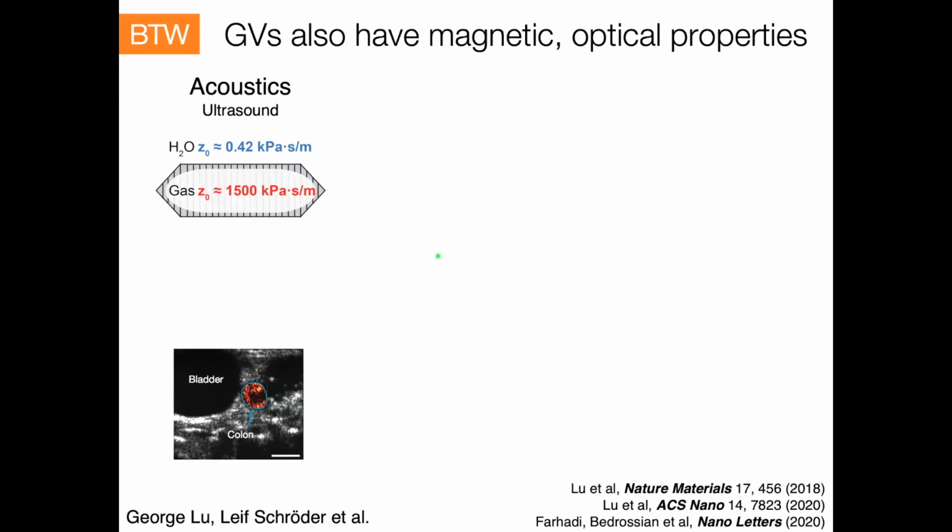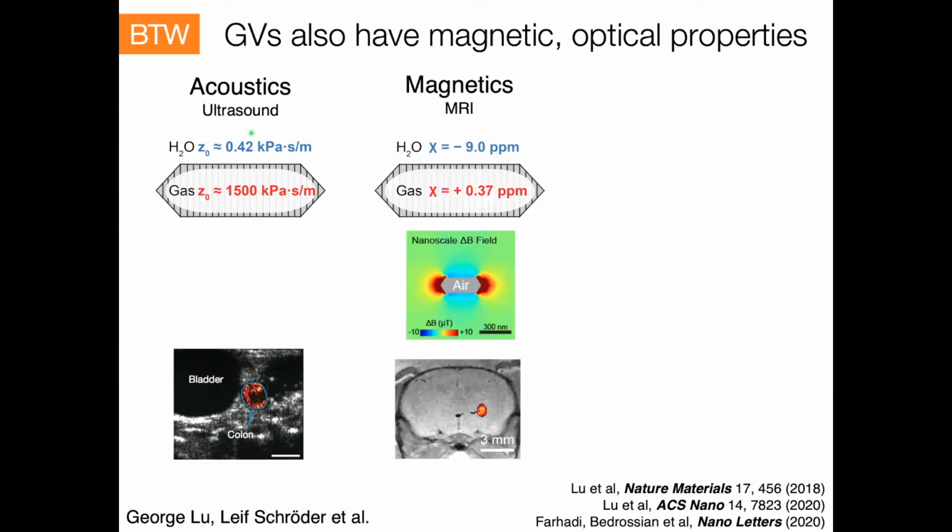Okay, I also want to mention, I know that there are a lot of people here who are interested in things other than acoustics, is that gas vesicles also have magnetic and optical properties. So everything I told you about the ultrasound is based on the difference in acoustic impedance between the air or gas and surrounding water. But gas vesicles are also different in terms of the magnetic susceptibility, right? You have air that's slightly paramagnetic versus water that's diamagnetic. And that actually produces, if you put that into a 7 Tesla MR scanner like we have, little magnetic field gradients around each of these particles that allow us to see them with T2, T2 star, and susceptibility weighted